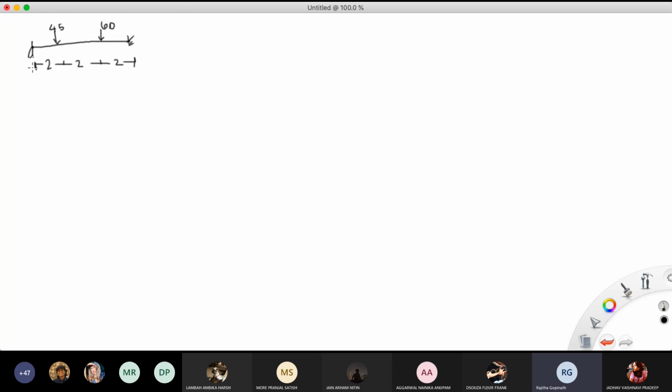Okay, now we need to find out the bending moment at X, the bending moment at Y, the bending moment at A, and the bending moment at B. And also we need to plot the BMD, meaning we need to plot the whole diagram. Okay? That is what we need to do. Now in this case we have to understand that there are two loads. So okay, any idea how we can proceed with this one?